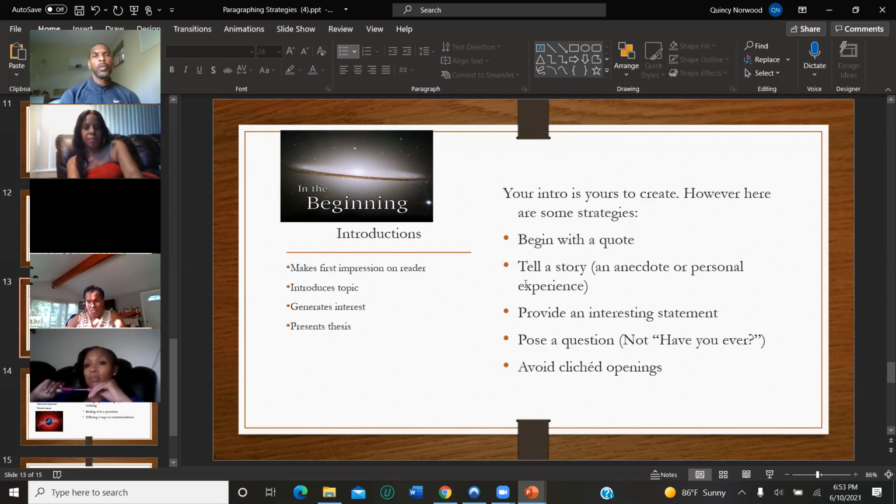Either way, right? Like a recent poll stated that 75% of parents said they wouldn't have children if they could do it all over again. Okay, your reader's gonna have an opinion about that. Okay, whether they agree, disagree, or say no, that can't be true. Okay, whatever it is, they're gonna want to keep reading. Okay, so maybe you have an interesting statement you want to begin with.